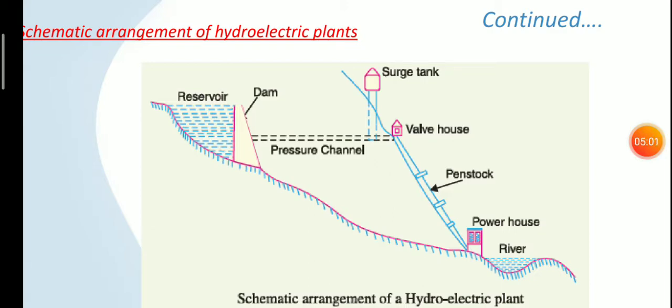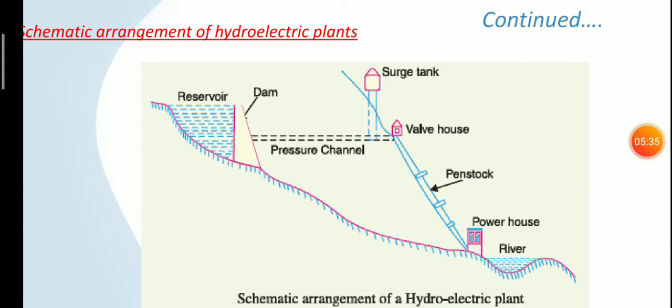Another important part of a hydraulic power plant is the surge tank. Surge tank is a pressure regulating arrangement. When the load is steady, there is no need for a surge tank, or there is no problem with the pressure in the penstock. But if the load is less, if we are closing the valves at the powerhouse, there will be a large inrush of water in the penstock, and the pressure in the penstock increases, and that may cause